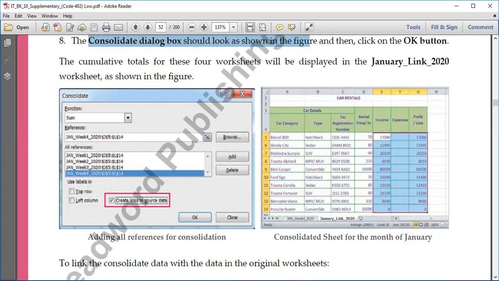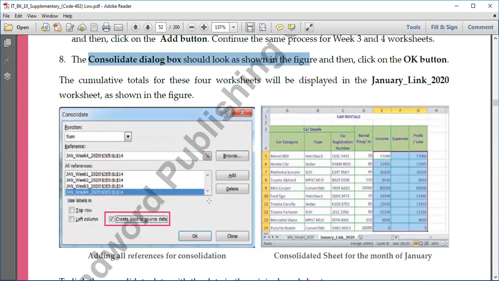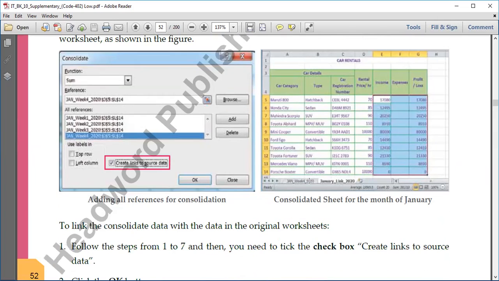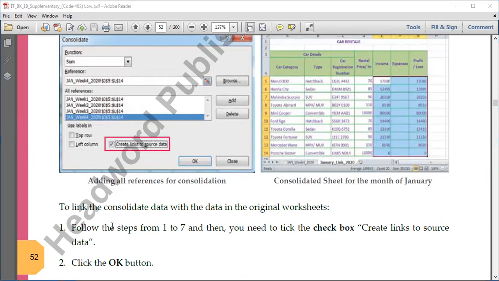So this is important that all the reference has to be added. आपने पहले sheet 1 का reference add किया with the add button, then second का add किया, third का add किया, fourth का add किया, तो 4 sheets में से हमने data pick कर लिया, right? And then to link the consolidated data with the data in the original sheet, follow the step 1 to 7, and then you need to click on this checkbox,